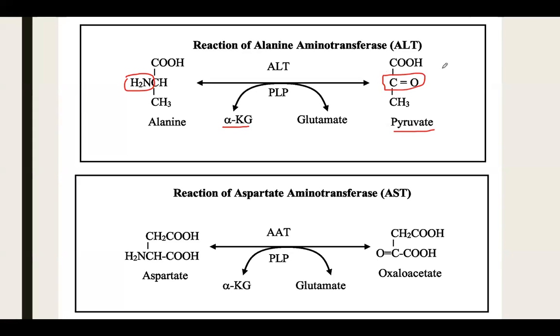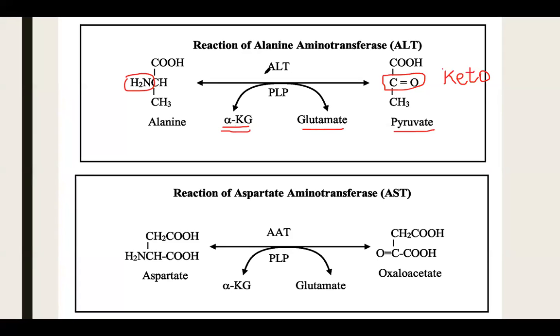This group is called keto. This is a keto group. And alpha ketoglutarate accepts the amino group from all amino acids. It is converted into glutamic acid. That's why I said glutamic is a boss or a president, because it accepts the amino group from all amino